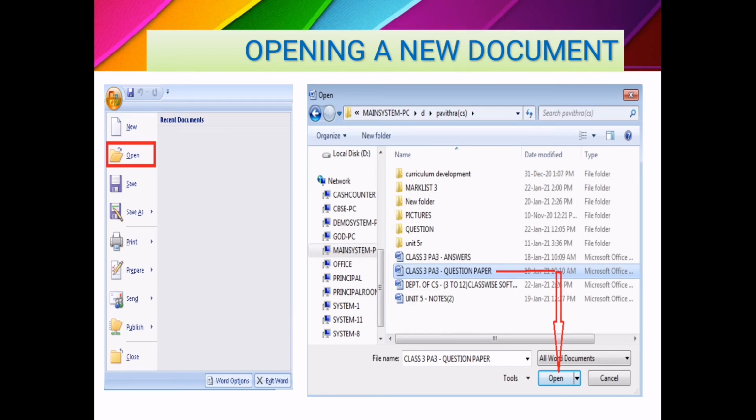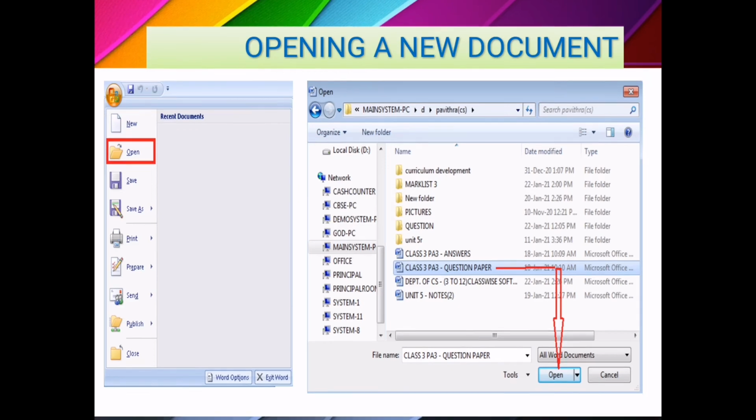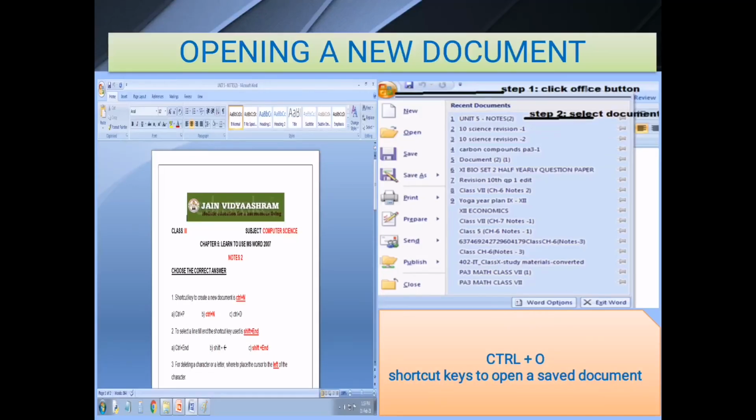So I remembered where I saved my file. I select the path and select the name by hovering the mouse over that particular document, and the document gets selected. Then just give Open, and the selected document gets opened.